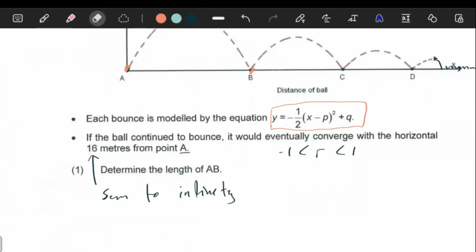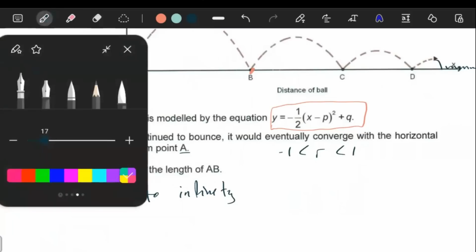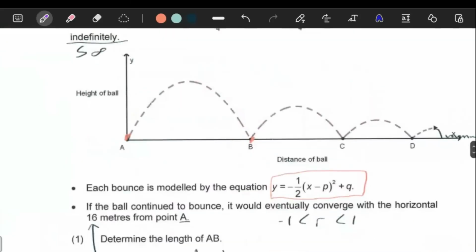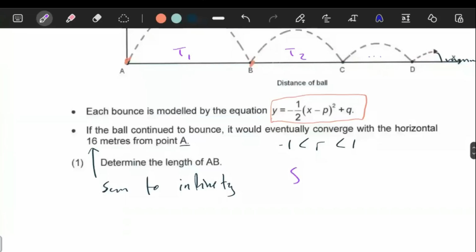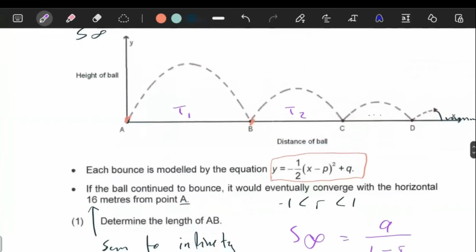So to find out the length of AB, A is just the first term if you think of it logically, because it's almost like you're adding up terms in a sequence, where the distance of AB is term number 1, term number 2, going on and on. So the sum to infinity, we know that it is equal to A over 1 minus R. Your value of R,